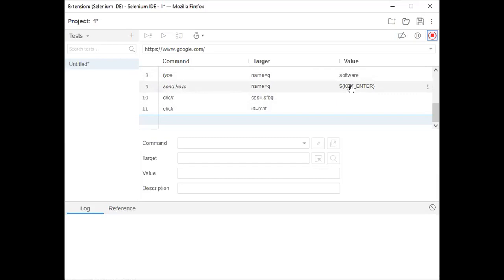So what is the action here? The send key. It has to send the key, which is the key enter, and I clicked on that window there.